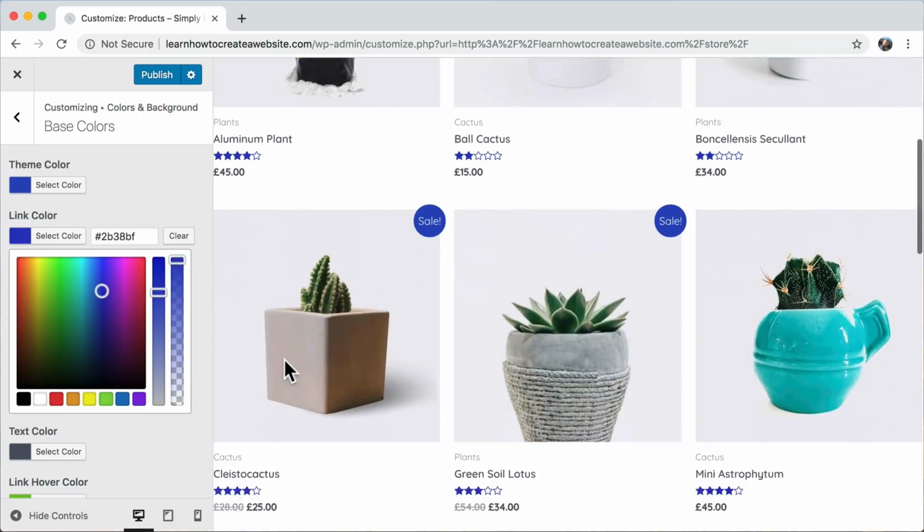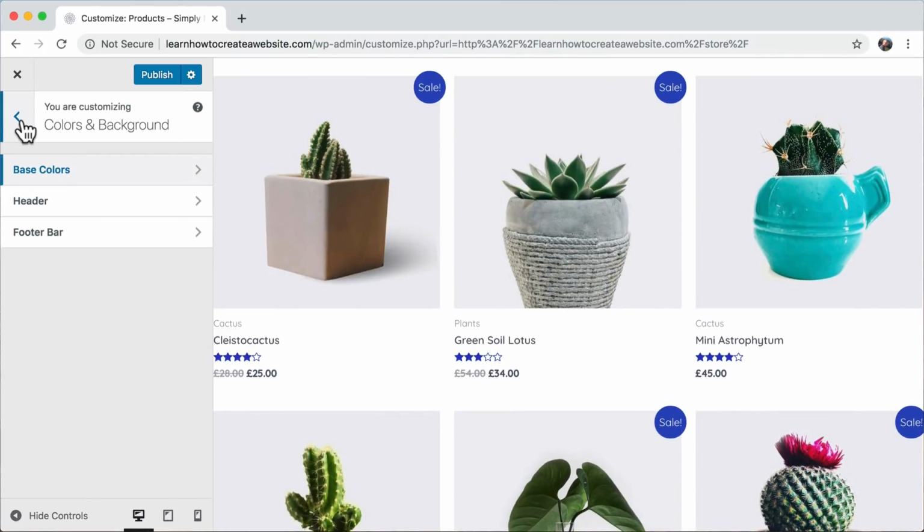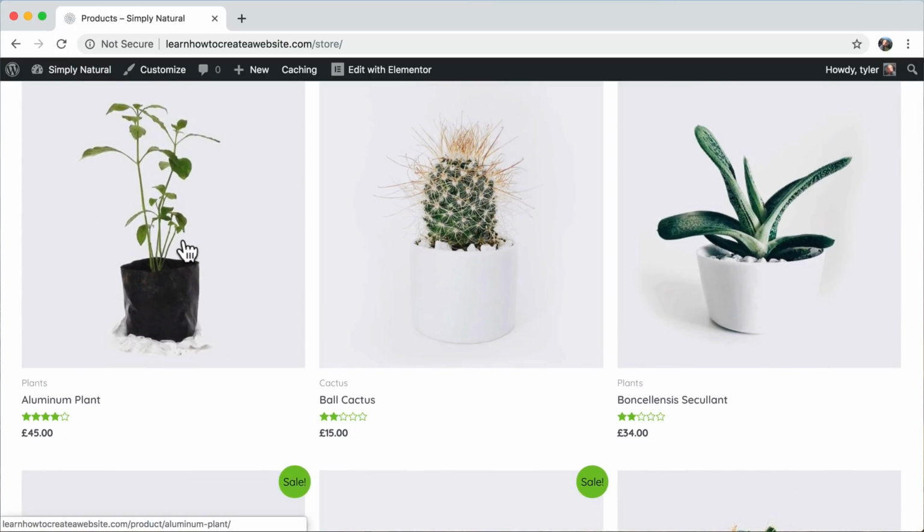And that will change that color. So yeah, it changes all of the colors and everything. But I'm not going to save that. So just going to exit out of there and press OK. The next thing I do want to show how to change is